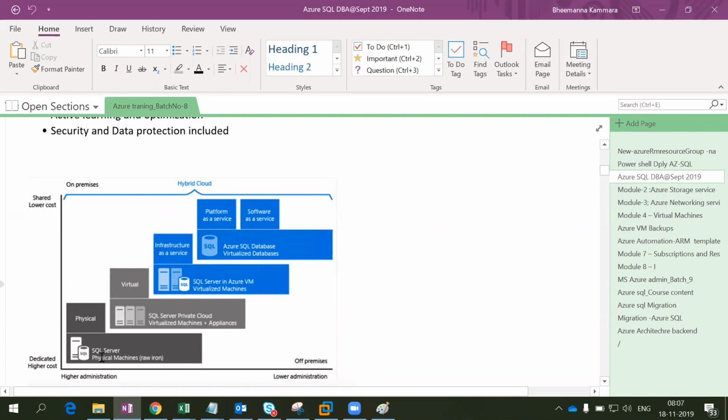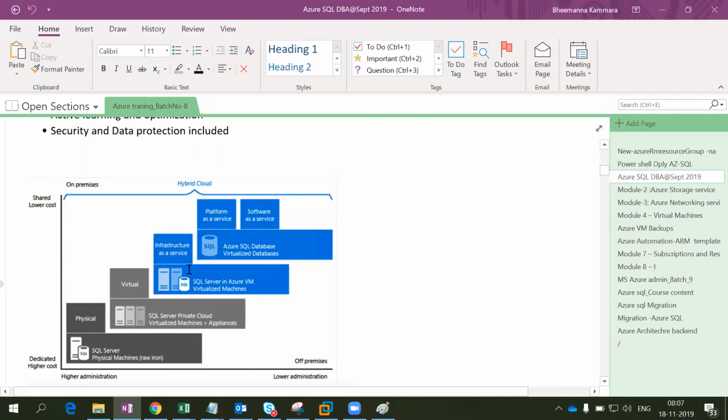So, same as a physical server, how we maintain virtual servers and how we maintain a SQL application, the same thing we are going to maintain. Except here you are able to automate things. You can do backup, performance operations, linked servers, cross-database queries, everything. In addition, you can access your database application even through a public IP as well. So that is one thing.